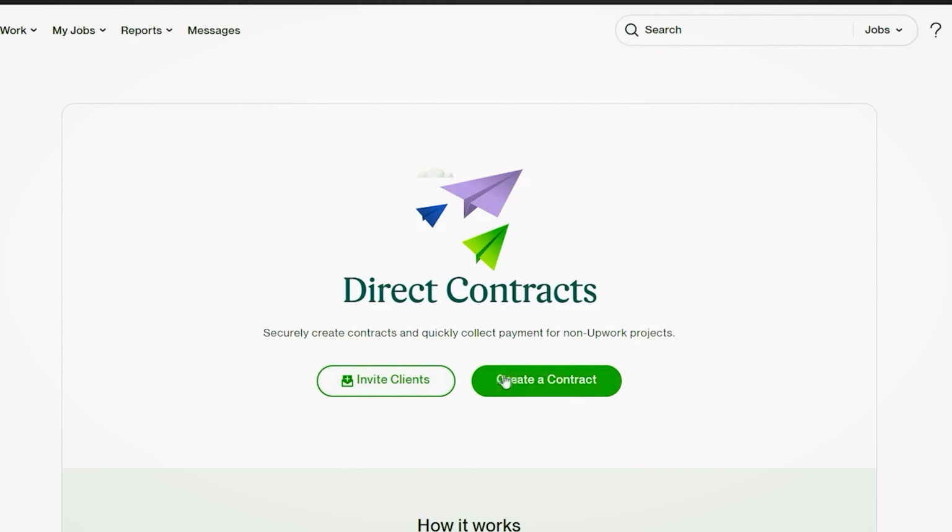The advantage of using Upwork Direct Contract is that Upwork serves as an escrow for you and the client. So that means the client can make payment to Upwork. Upwork holds the payment, and when you complete the work, the payment is released to you by Upwork. You don't need all the paperwork to relate to the client. Upwork handles that for you at 3% of the payments made by the client.